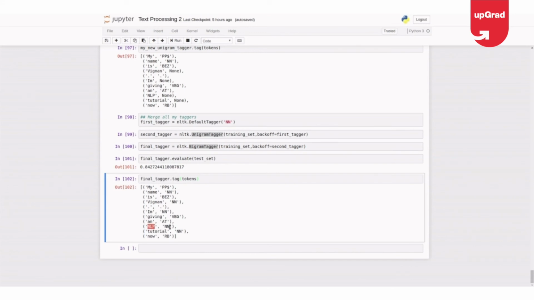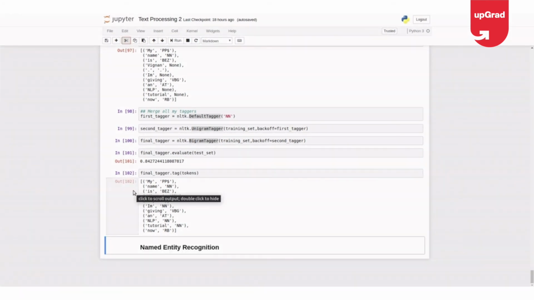Amazing. So obviously, the thing was all nouns are replaced by NN by the default tagger. That's why it was showing NN. Otherwise, it would be the same. That's the trick behind it. Okay. I hope I was clear in what I was explaining with respect to building your own taggers, how to train your taggers, how to test the taggers, how to evaluate them. It's a good concept, and there are a lot of great use cases in real time. So keep up with it, guys.